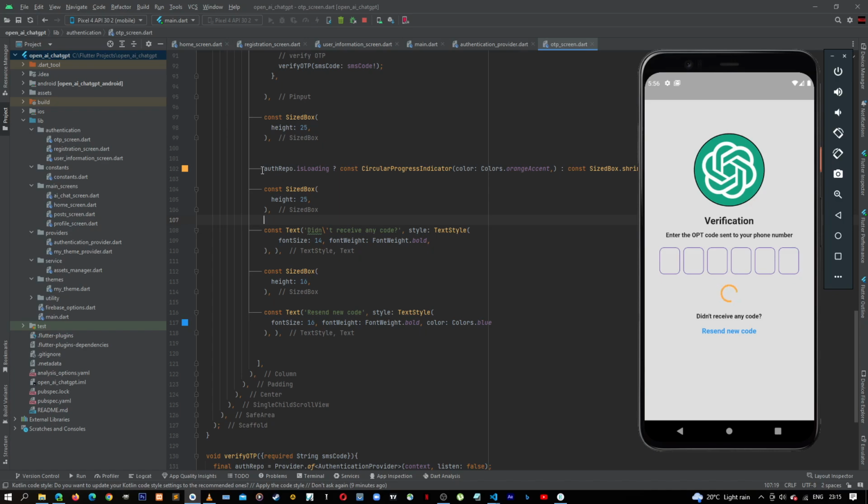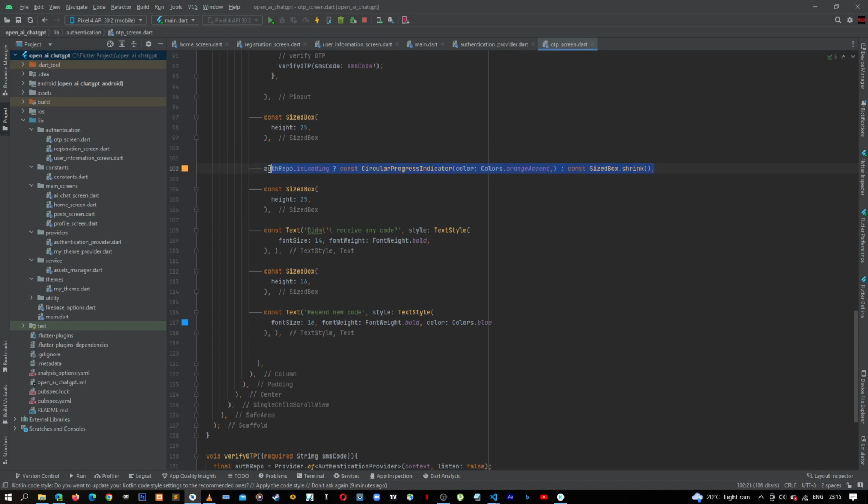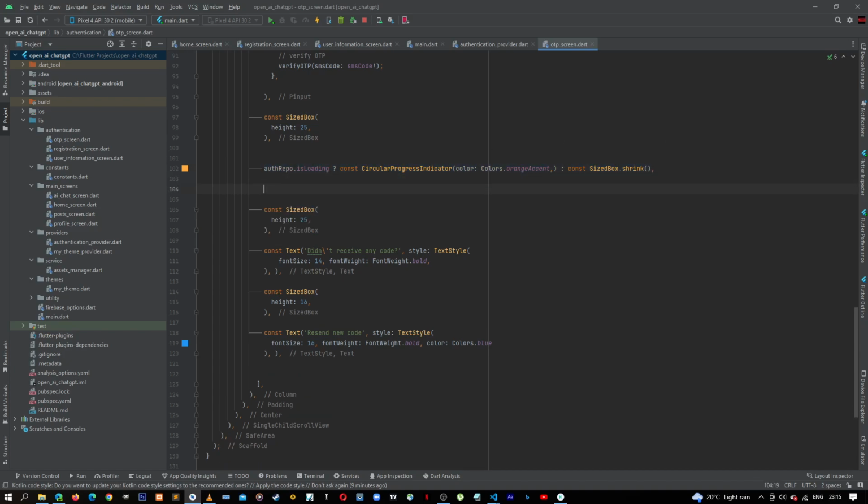Then here let's just copy this as well. Let's minimize. Let's copy this, then paste it down here. What we want to do here again, now we want to check the is successful. If it's successful, we want to show our check mark. So here, instead of showing this circular indicator, we can show our container,